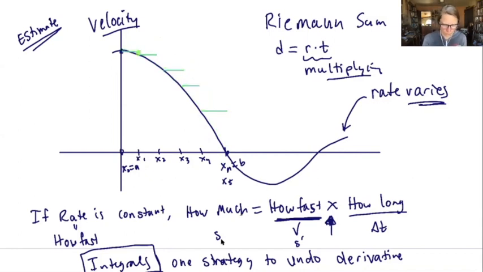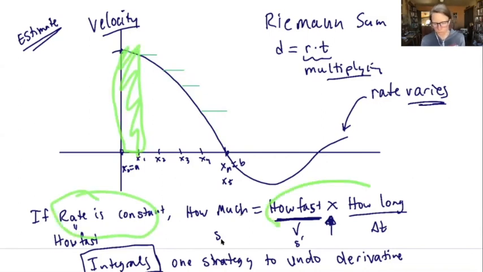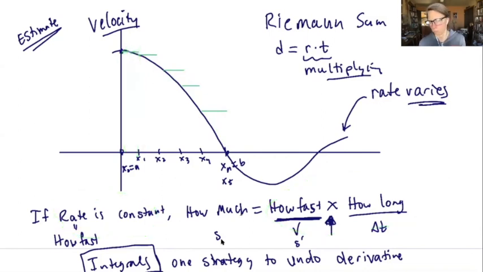Okay, so then on each of these stretches here, we have a constant rate, and so we can just use this multiplicative relationship straightforward, easy peasy. So in this example I've drawn here,